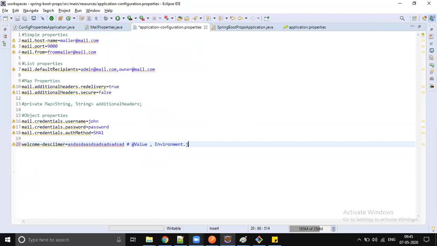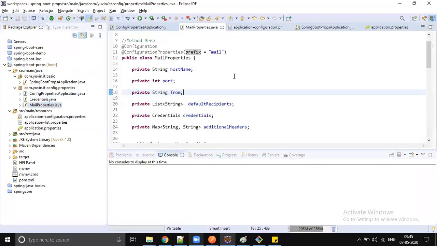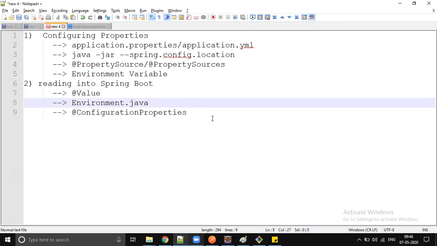Don't get confused, because in some projects they use @Value, some projects they use Environment, some projects they use @ConfigurationProperties. So it depends upon project requirements, but we have standards for when to use what. That's why I'm telling you this is a huge concept but not complicated. It's easy only. If you practice 1 or 2 times, it becomes pretty easy. It's just a huge concept, because there are so many ways we can load the properties.